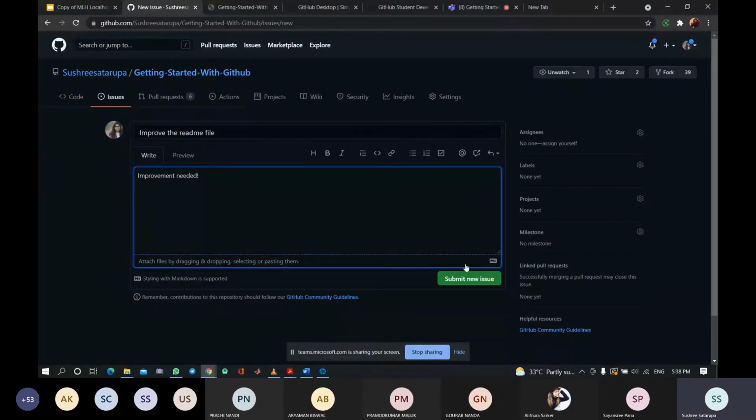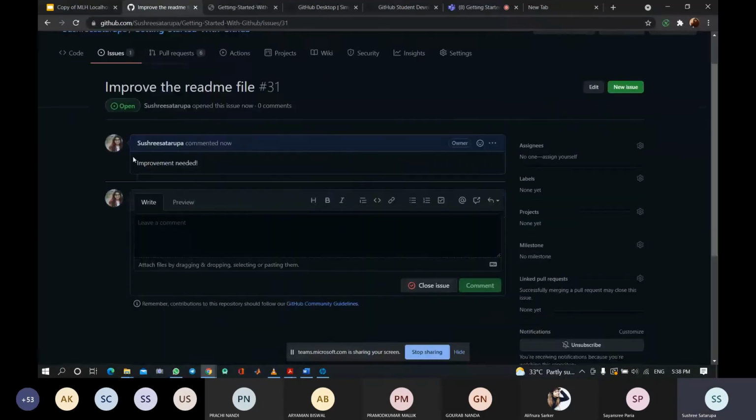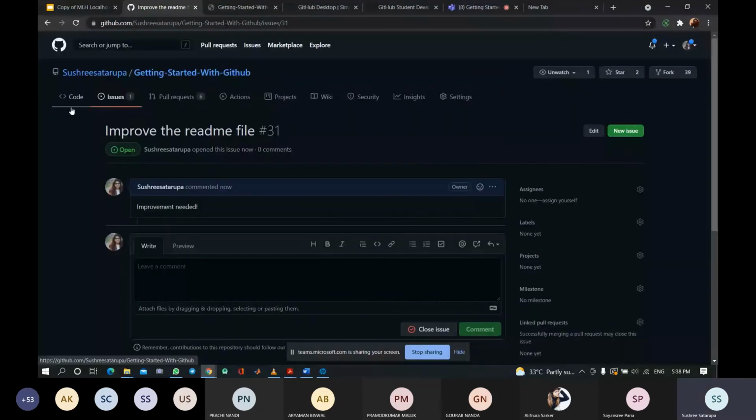And submit the issue. So in the issue section, you can see that I have submitted an issue that we need to improve the README file. And any one of you can create the same kind of issue if you find any problem in the code. This is how it is done.